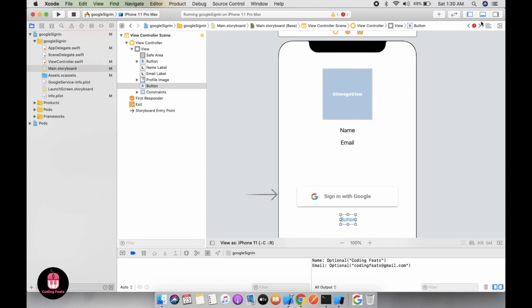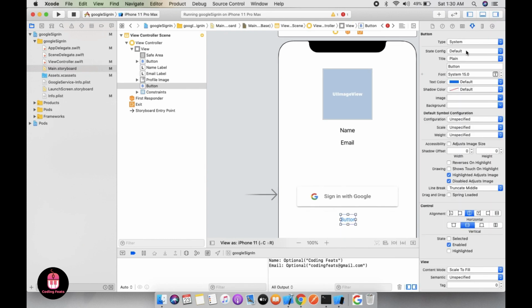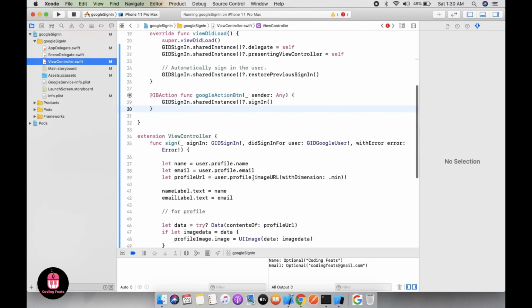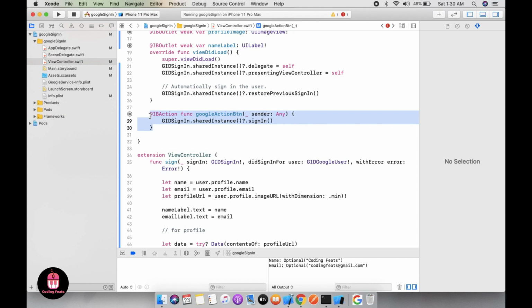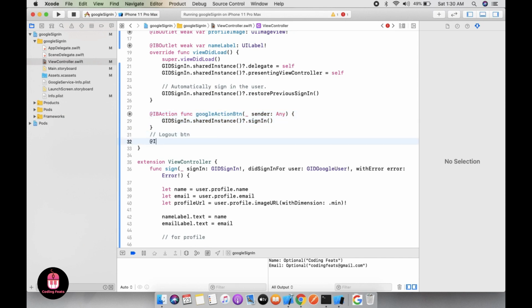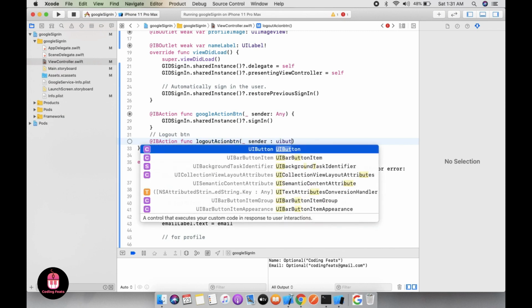Logout button, logout, create logout button IB action function logout action button sender UI button,